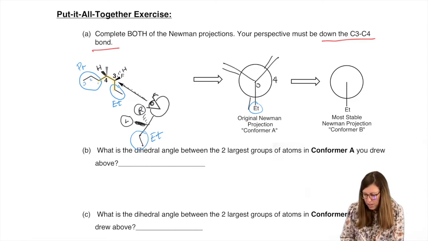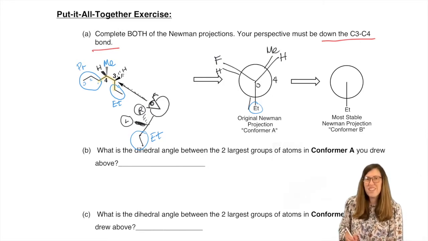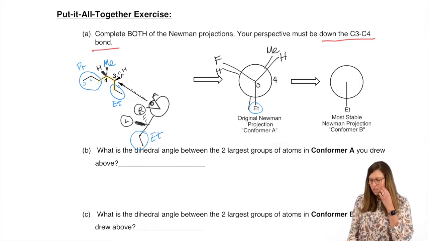Okay, let's fill everything in. So we decided left was the wedges, fluorine, and so in the front carbon, carbon 3, that'd be fluorine. That means H is on the right. We also decided in the back, the left was the wedges, so that's the H in the back. That's the one I drew here. And this is a methyl. I'm going to write methyl just so we don't get confused. That methyl is going to go right here. Okay, now this is conformer A.